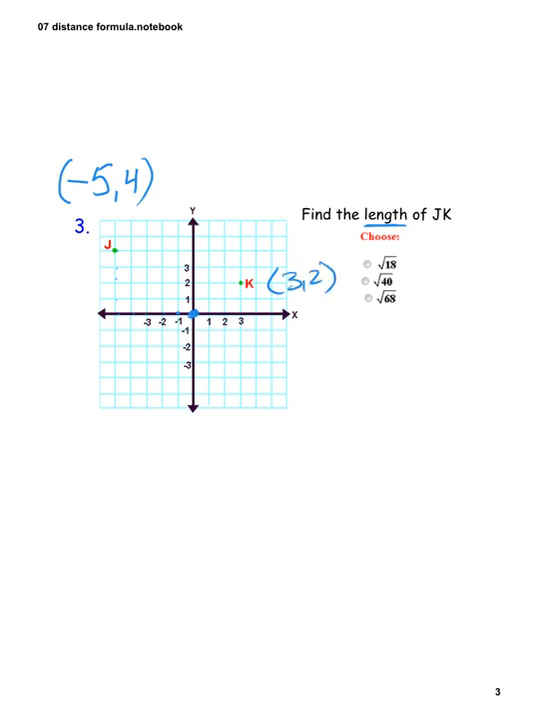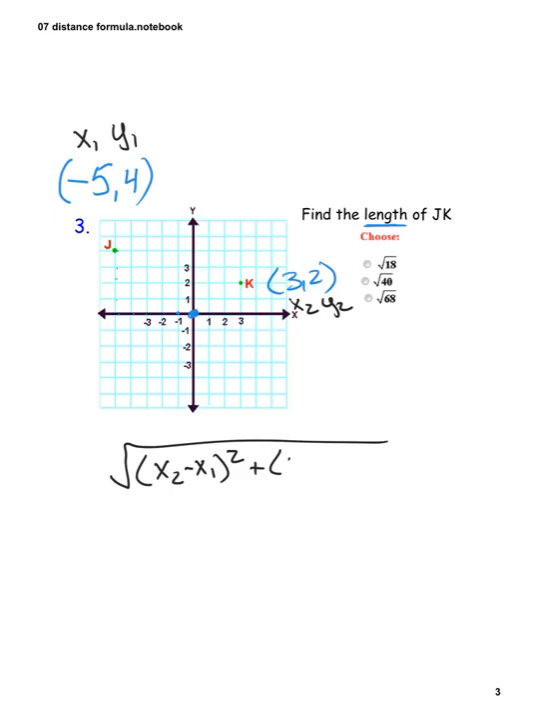So again, the first thing I would do is label them. This will be my first point, so x1, y1. This is my second point, x2, y2. Write down your distance formula. Again, I know it might get annoying, you might not like to do it, but the more you do it, the better you'll get at it. Plug in your values. We've got 3 minus negative 5,